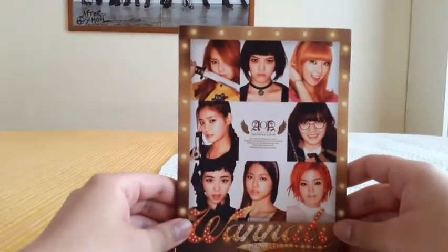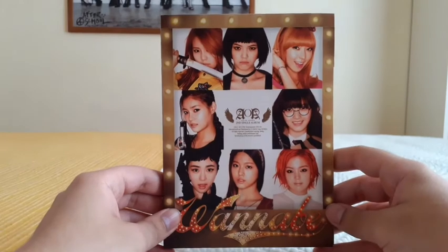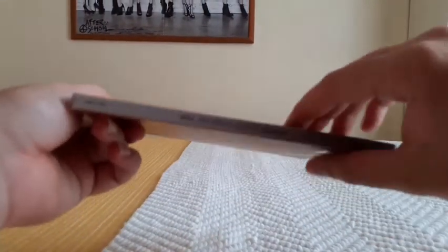From AOA, I have 4 albums. So first I have AOA's second single, Wannabe. I'm so lucky to have this album. I won it on a giveaway many years ago. So lucky. Then I have their 4th